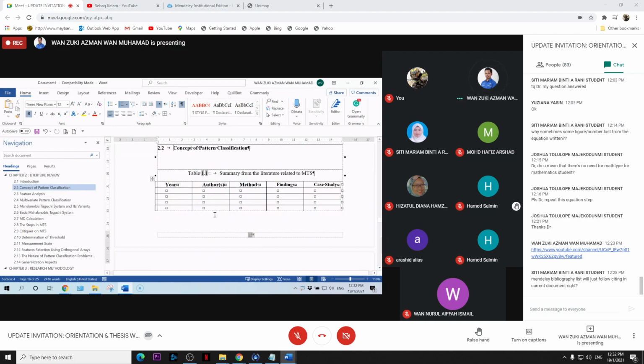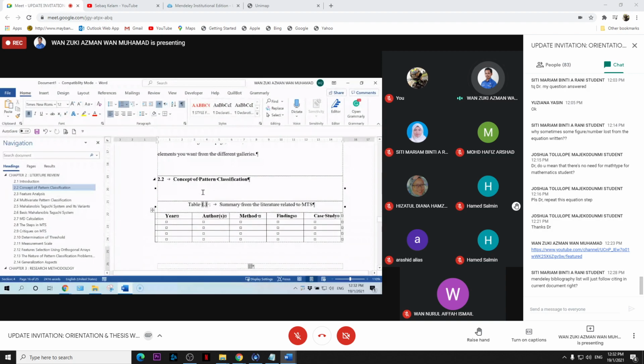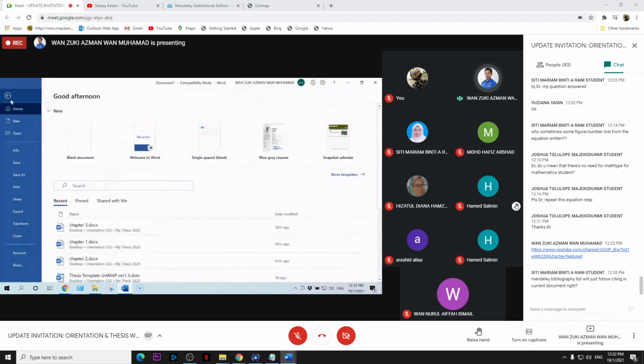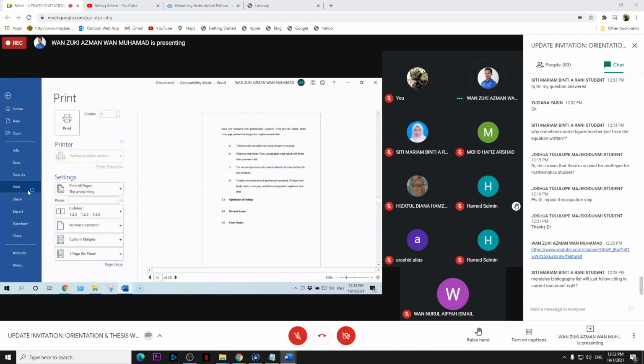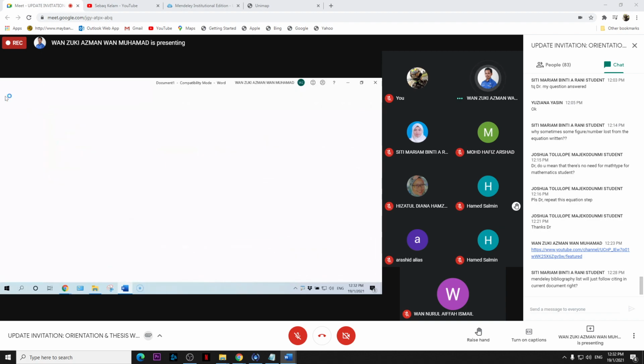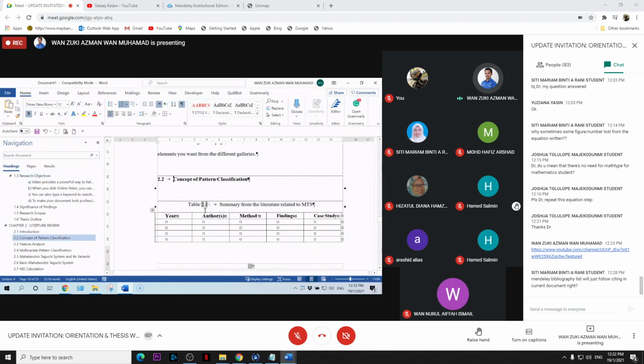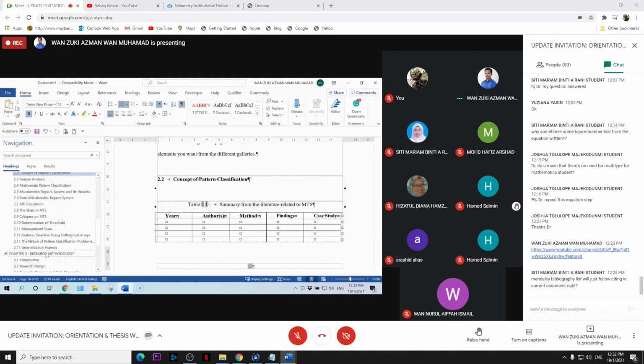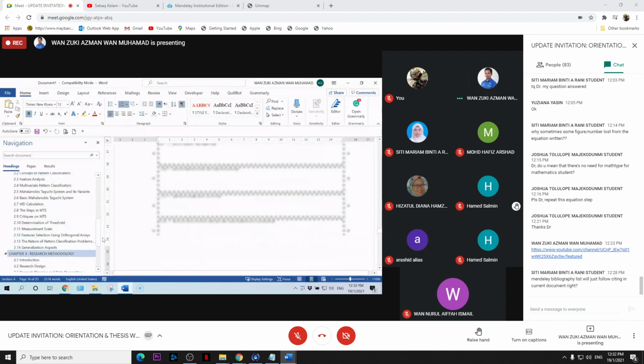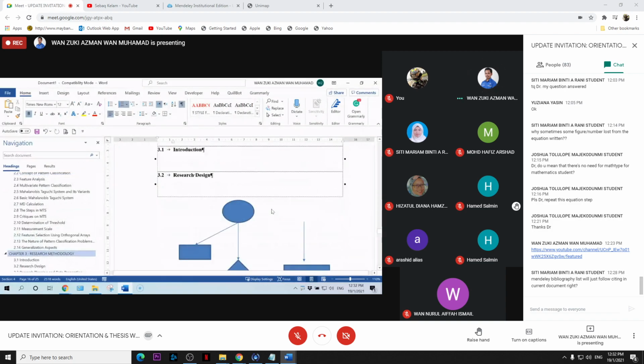Before this, I told you to press Control A and update field, but this one is more powerful. Go to File and then Print, then go back. You see here, table 2.1. Go to chapter 3 and you see the equation number.